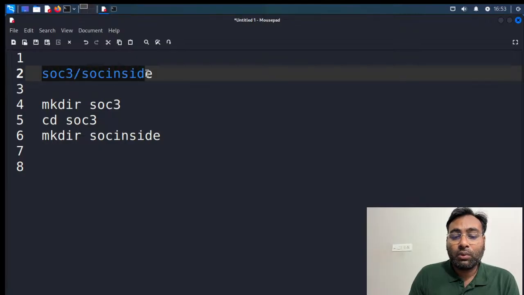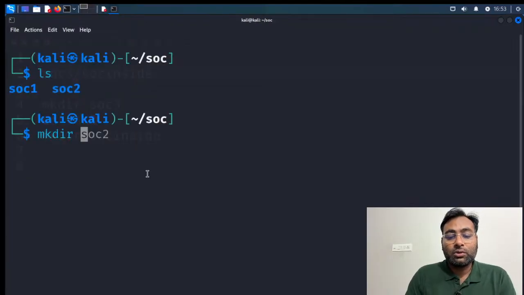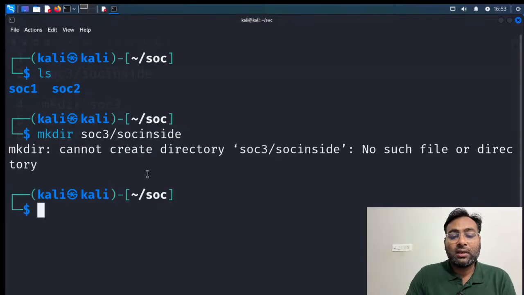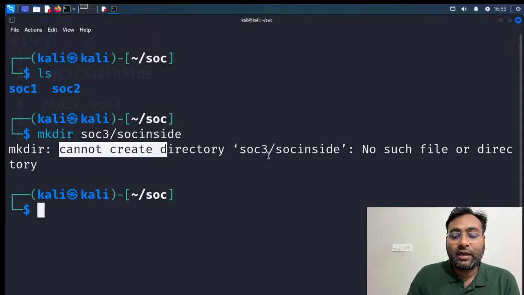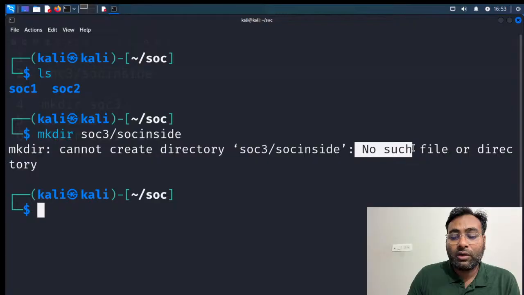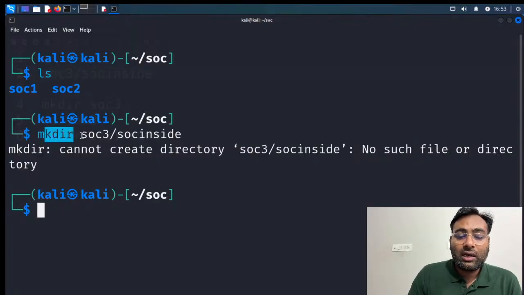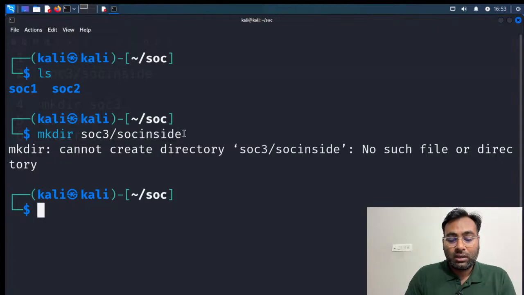and these both are not created, like SOC3 is not already available. सो अगर मैं इसको सपोज करो कि MKDIR से ही प्रोवाइड कराता हूँ। मैंने इसको कुछ ऐसे लिखा कि SOC3/SOC इनसाइड, तो ये क्रिएट नहीं करके देगा, ये बोलेगा कि कैन नॉट क्रिएट डायरेक्टरी बिकॉज नो सच फाइल और डायरेक्टरी। इस कमांड को रन करने के लिए SOC3 का पहले से होना जरूरी था, तभी हम इसके अंदर SOC इनसाइड बना सकते थे।